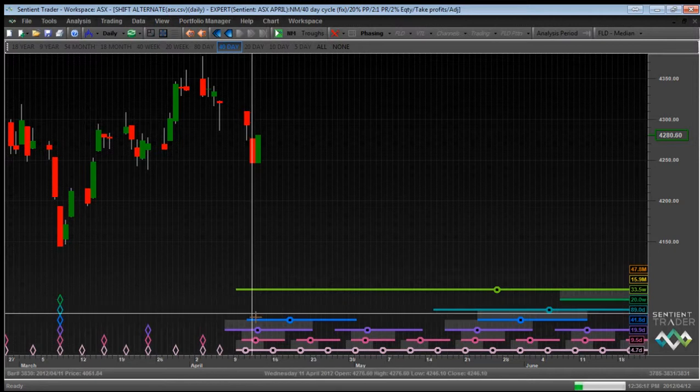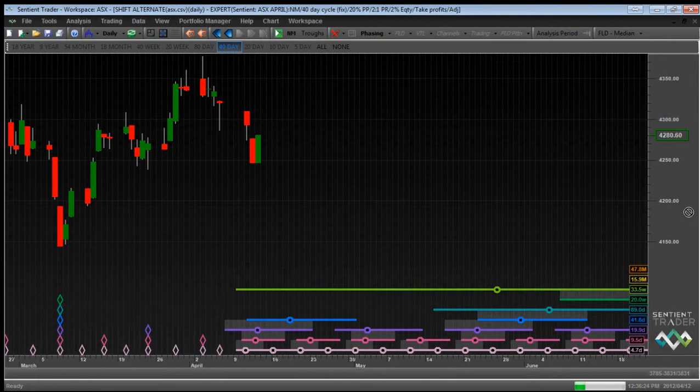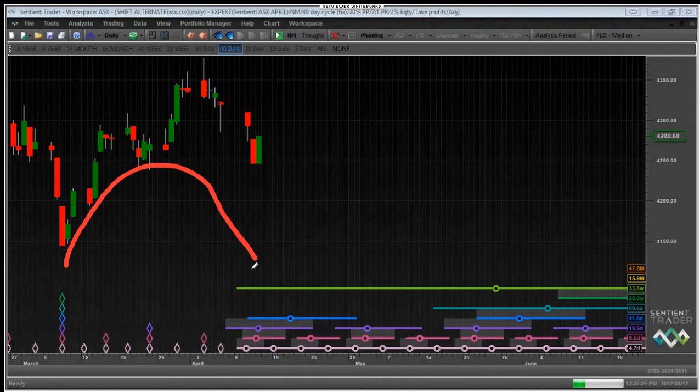Could it have formed a trough yesterday? Because look what happened yesterday. The price came down and bounced up again. And yes, it is possible, because if we highlight yesterday, you will notice that yesterday falls within that line. So it is possible that that 40-day cycle trough actually occurred yesterday. So the 40-day cycle, the cycle that I've said we have chosen to trade, has bounced out of a trough which might have occurred yesterday and is now heading up.